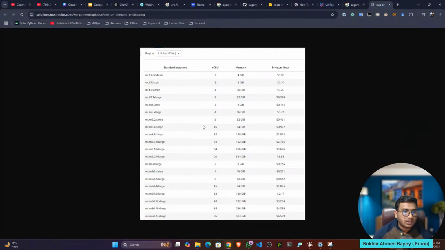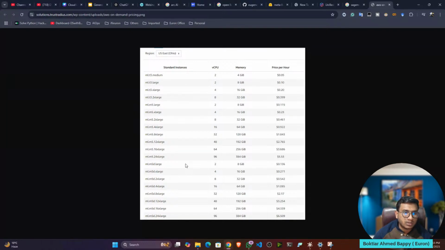Here you have different instance types in SageMaker. These are actually virtual machines. See, it has vCPU, memory, and GPU. These are the configurations it has. So let's say if I want to run this Llama 2 on a cloud platform, at least I have to take a machine with good configuration.